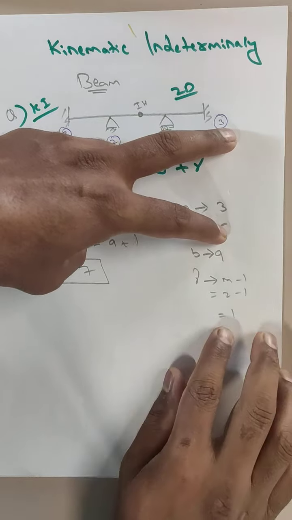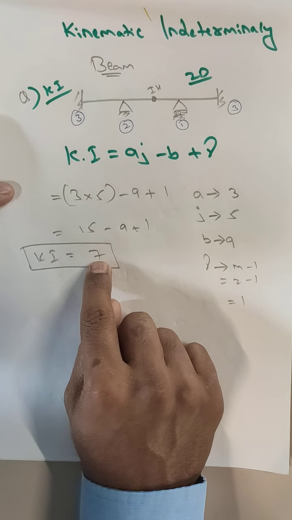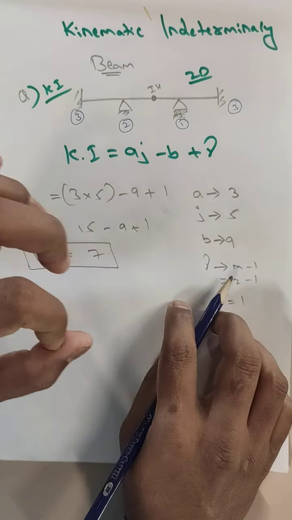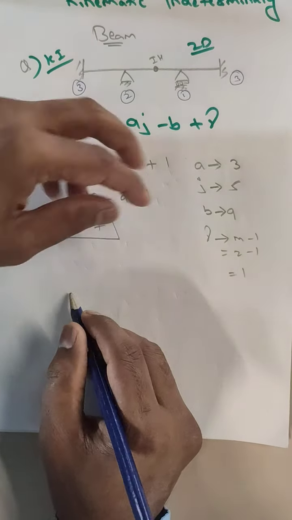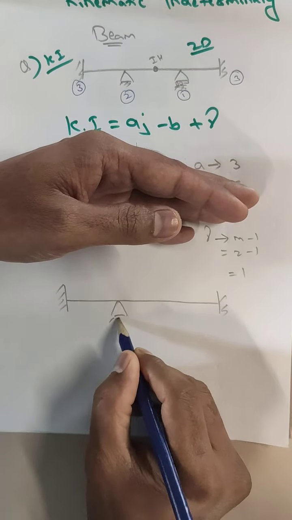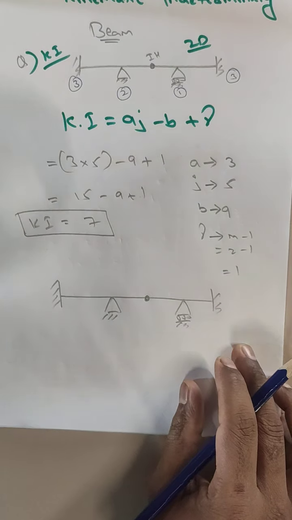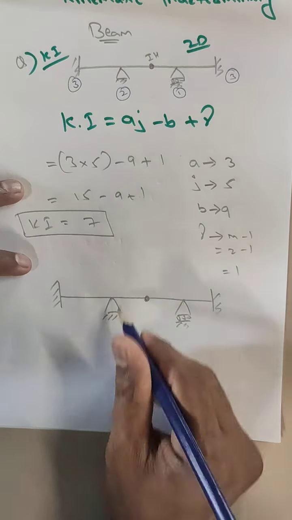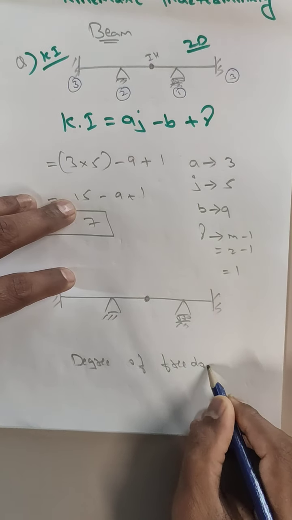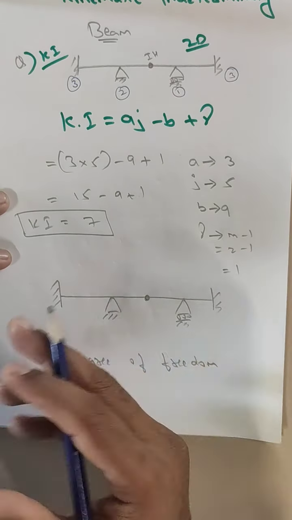So the same case we will see with the degrees of freedom. How many degrees of freedom are available, whether there are 7 or not. Why? Because kinematic indeterminacy is equal to the degrees of freedom. So how many degrees of freedom are available? Let me draw the diagram again and I will show you the same answer. So if this is the hinge, if this is the roller support, what I have told you is that kinematic indeterminacy is nothing but the degree of freedom. Degree of freedom